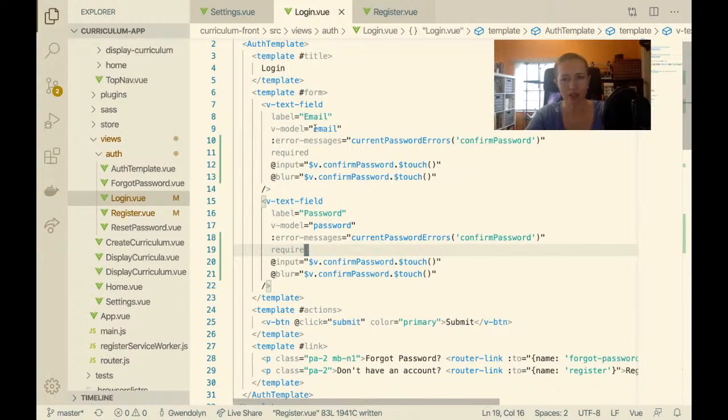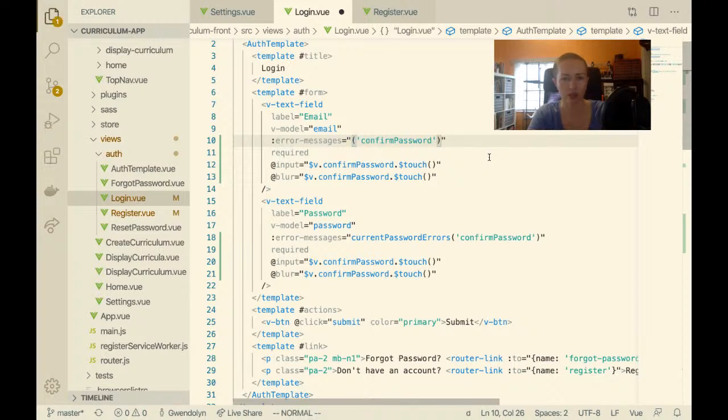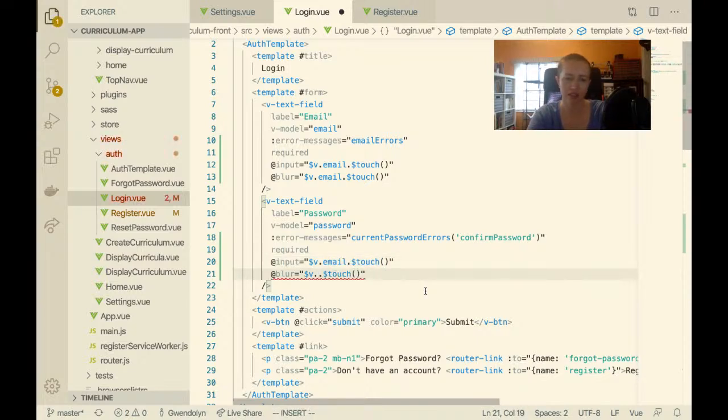So here I have the email field. So error messages. So I don't need this because I don't have a lot of different fields in this component. So I'm just gonna make a method that's called email errors. Let's say that. And I still have to make that method. But here, this will be email. So all the errors on email. Email. Okay. Email. Okay. And now here,